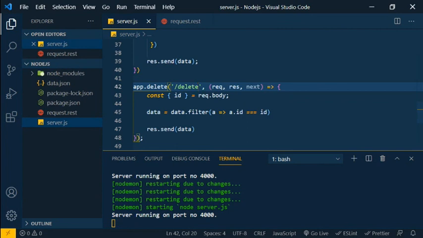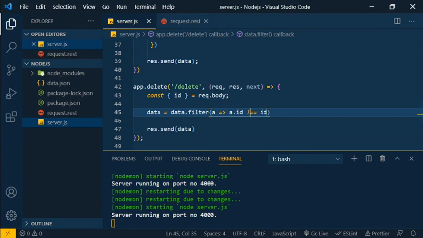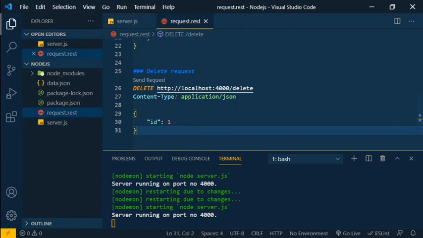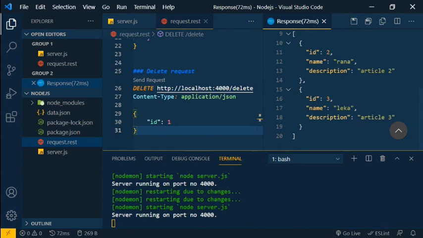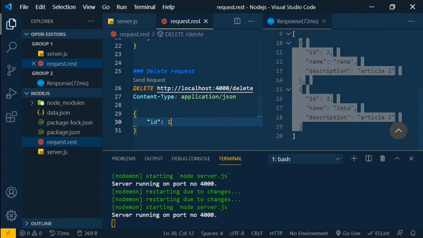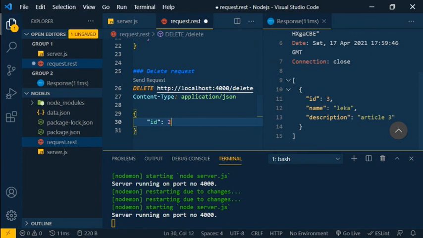Actually it was returning only the exact ID that was matching. We need everything other than this ID, so I'm going to make it not equal to. So if the ID is not equal, return all the information. So I'm just making the request again. That particular ID was gone from the array. You are only getting ID number 2 and 3. If I want to delete another, I just make the request again. So deleted. If I need to delete 3,